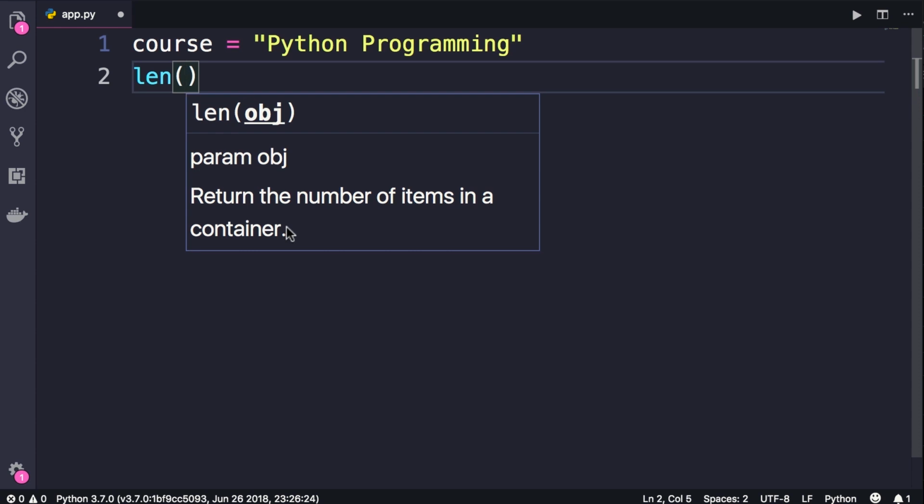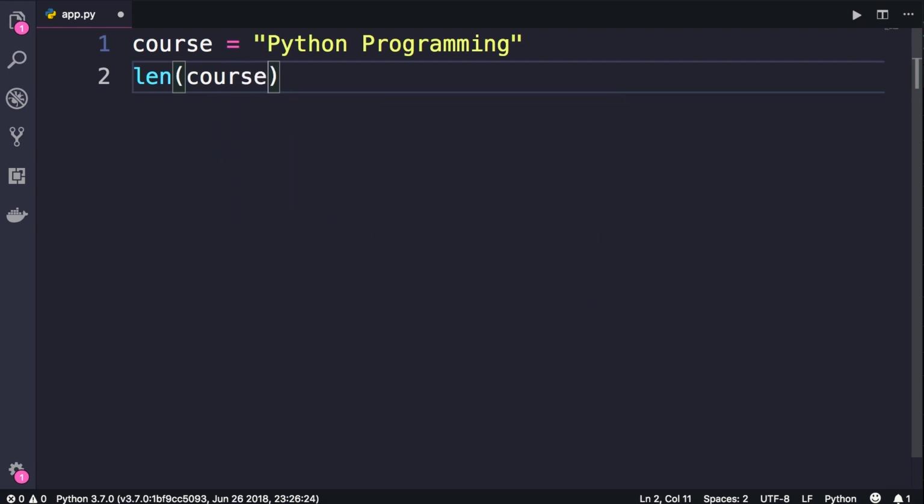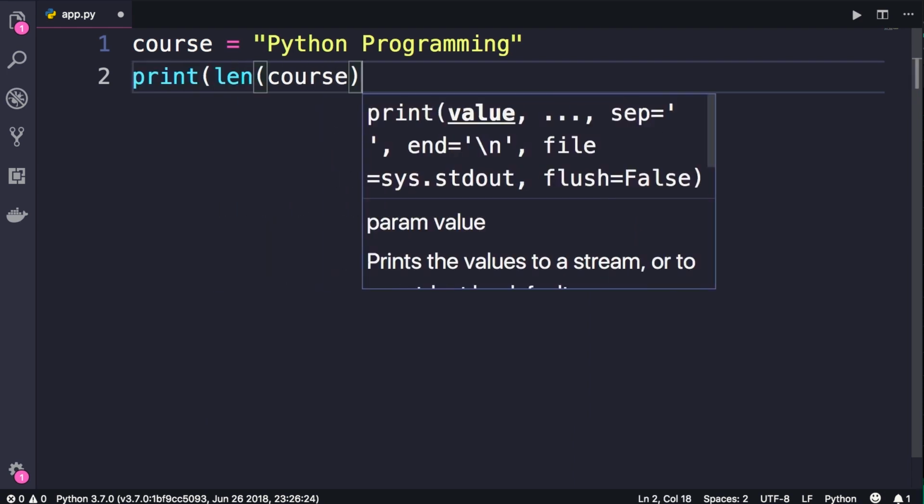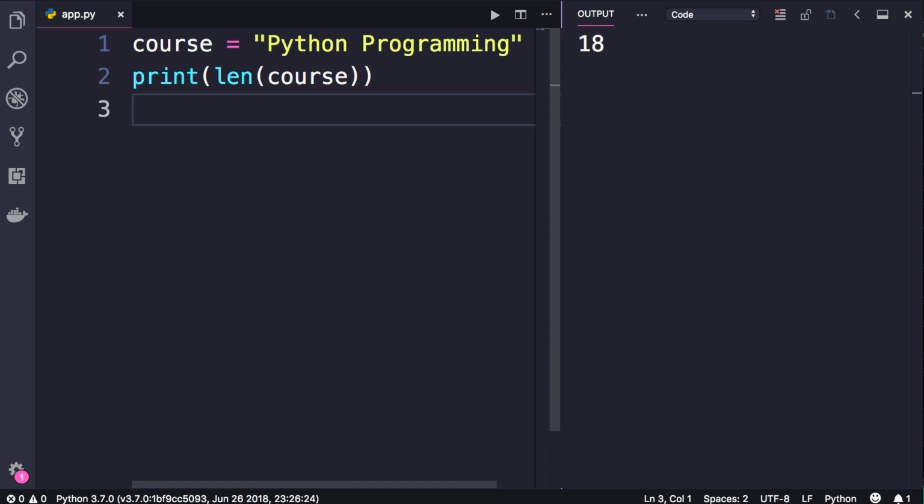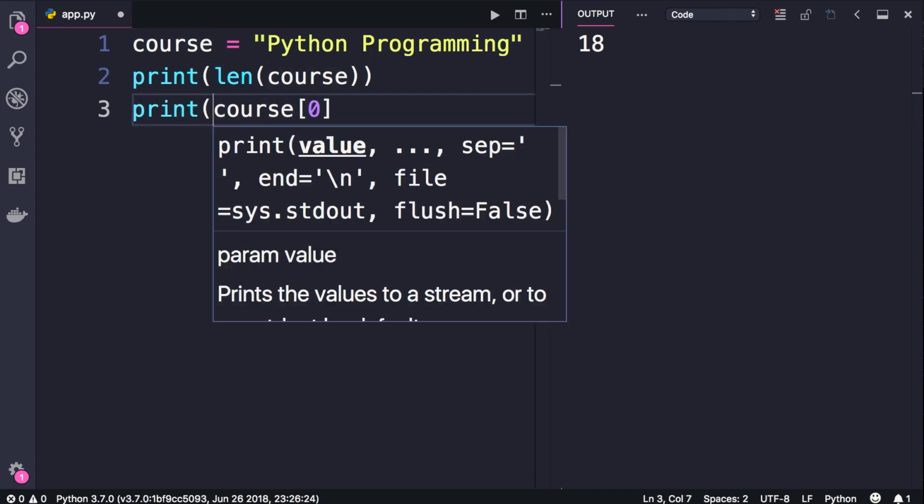We can pass a string here, and this will return the number of characters in the string. Or we can pass a list, and this will return the number of items in the list. So here let's pass this course variable and print the length. So we have 18 characters. Beautiful. Similar to many other languages, we can access individual characters using square bracket notation. So to get the first character, we use square brackets 0 because the index of the first character here is 0. Now let's print this,